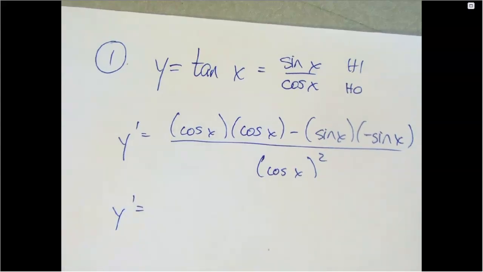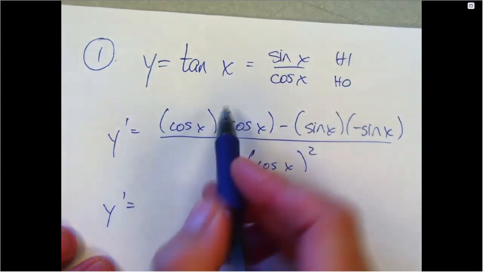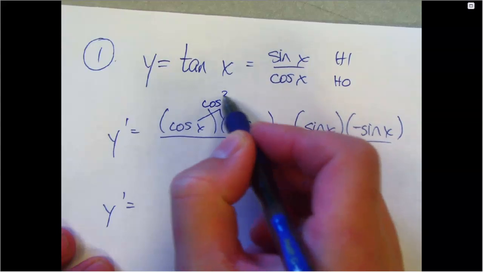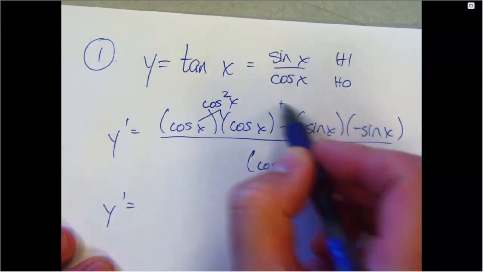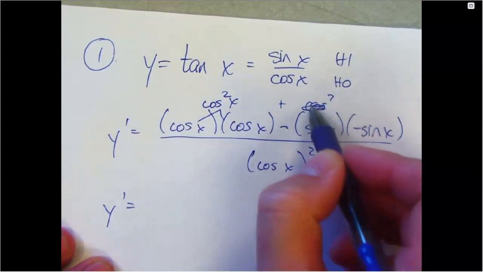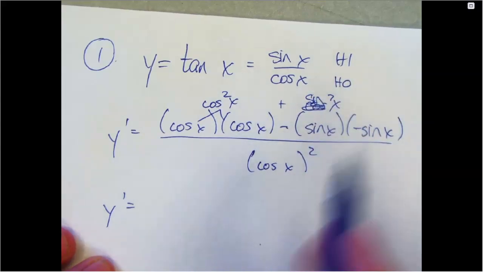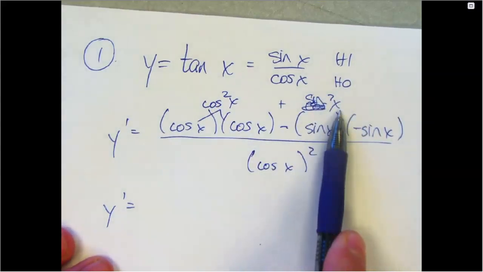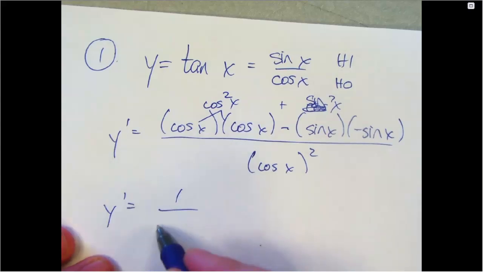Like you guys did a bunch of trig identities in pre-calc. The only one you have to know is that sine squared plus cosine squared equals 1. That's like a squared plus b squared equals c squared. It's just Pythagorean theorem, basically. And doesn't this say cosine squared to negative, so plus? Isn't that cosine squared plus sine squared on top? So I have 1 over